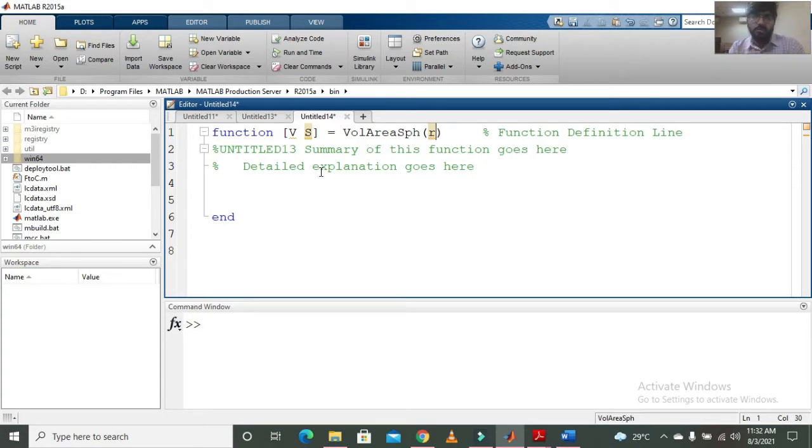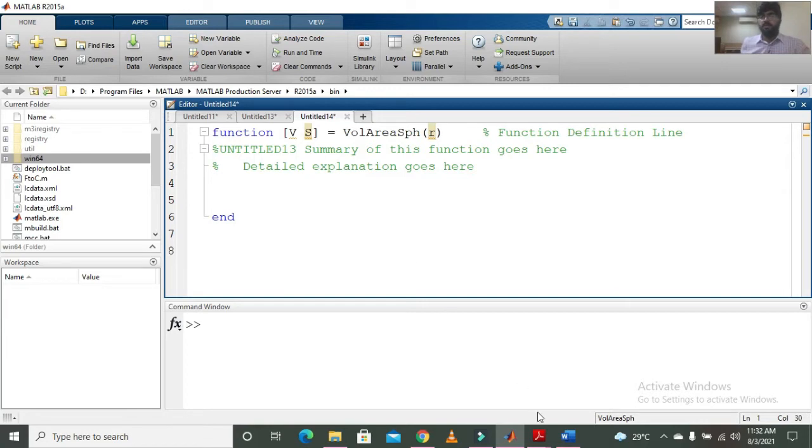So this is how the function definition lines are defined. You have to define the output arguments, the name of the function file, and the input arguments as well.